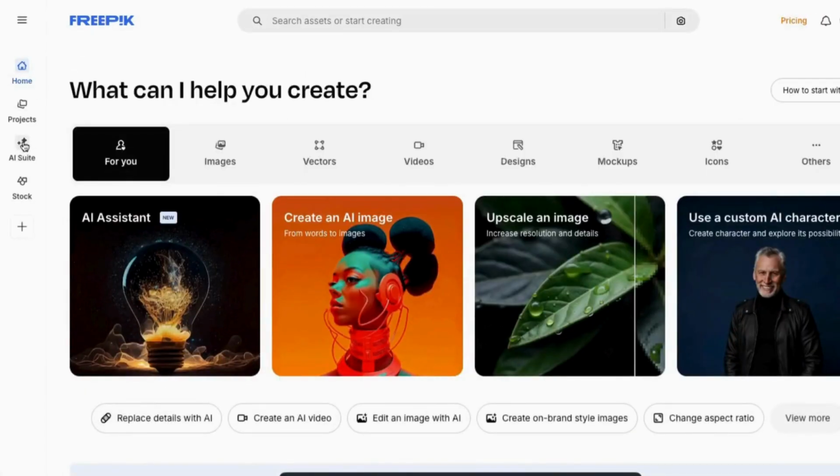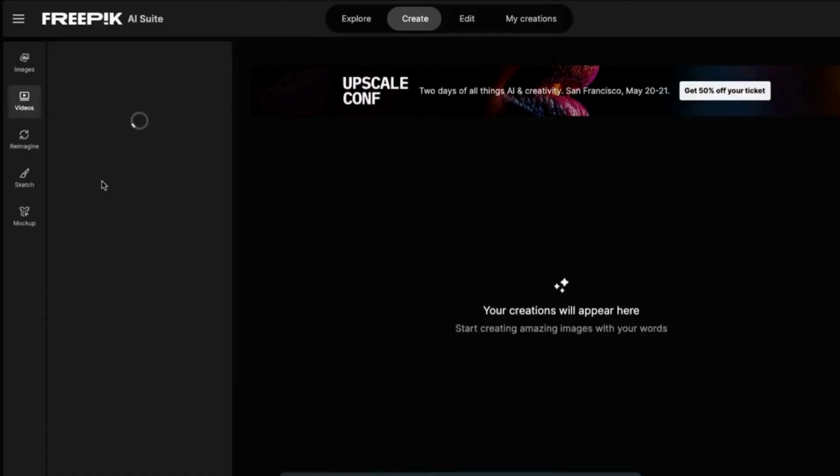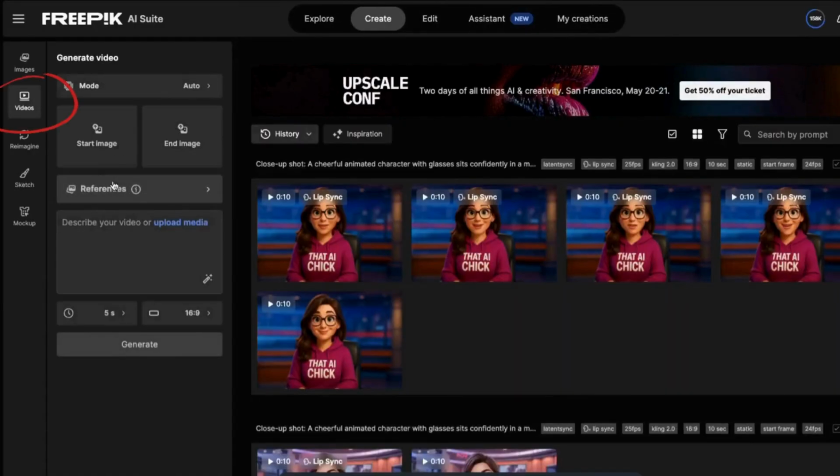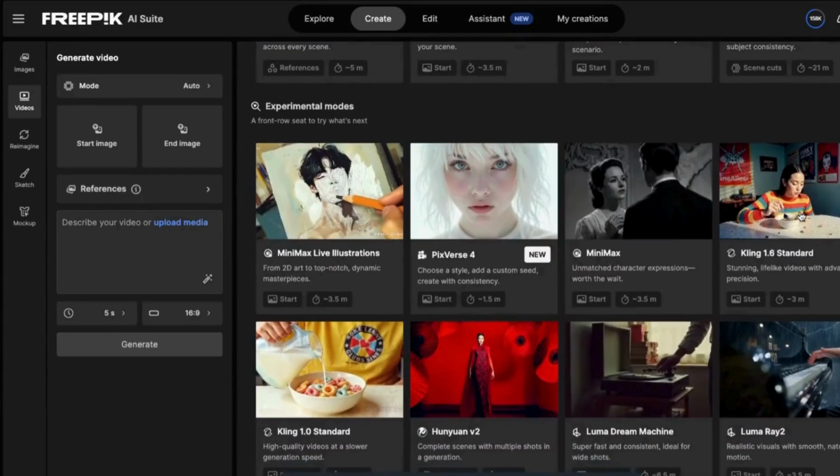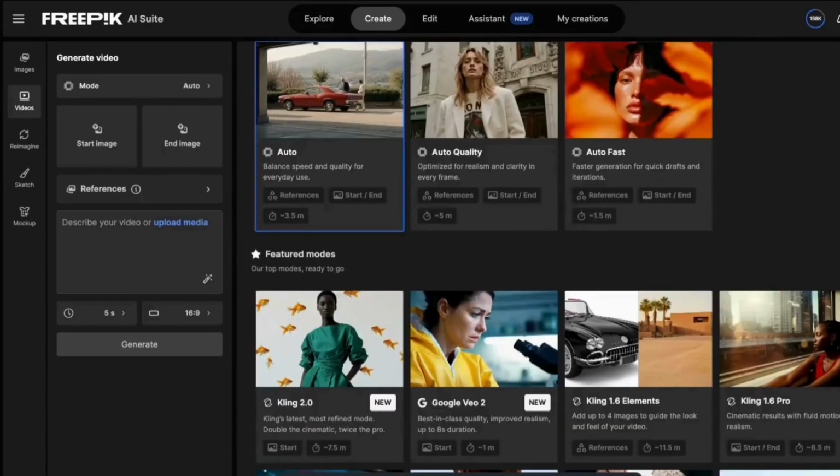Once you're on the site, click the AI Suite button, then the Video Generator button. Make sure you're in the Video tab. Then work your way down the page. Choose the video generator tool you want to use. FreePic has over a dozen to choose from. Depending on your choice, upload your image,